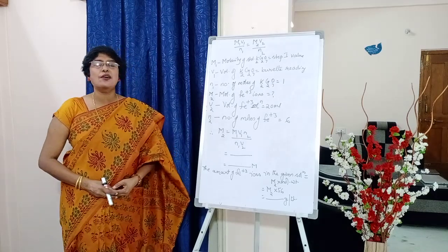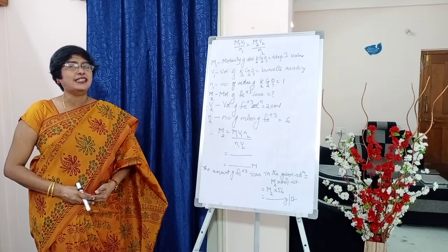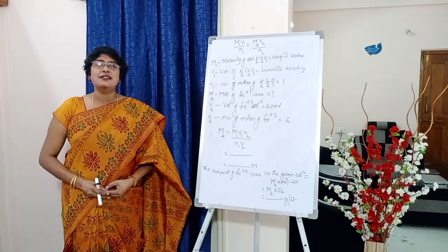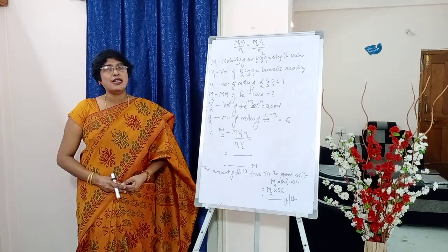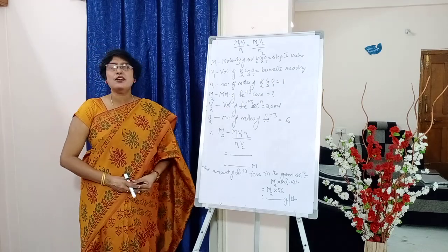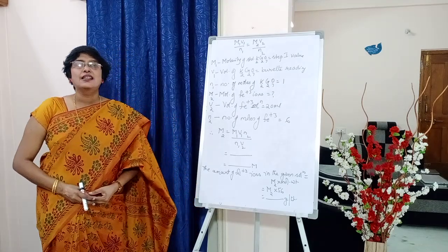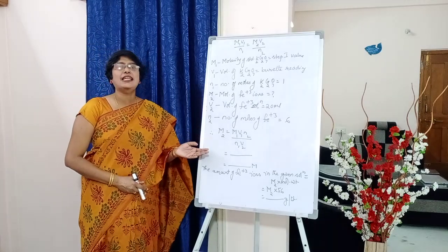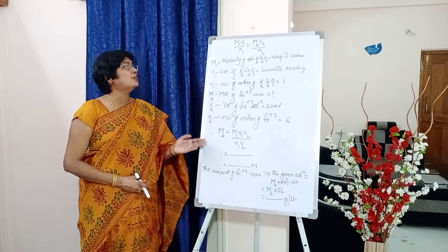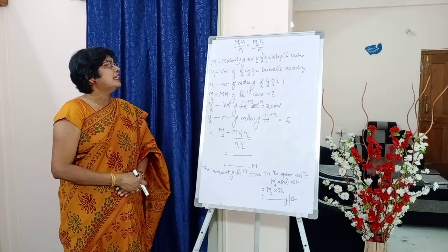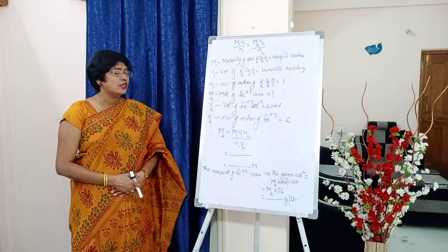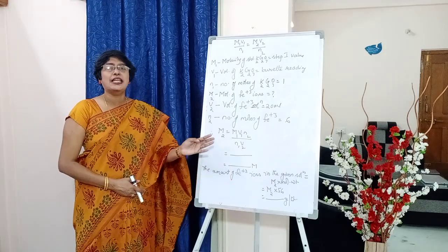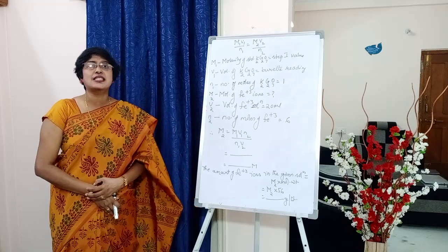Next, M2, molarity of Fe+3 ions, we need to calculate this one, is equal to question mark. V2, volume of Fe+3 ion solution, we have pipetted out 20 ml, students. Next, N2, number of moles of Fe+3 from the reaction, is equal to 6. So therefore, what is to be calculated? M2 is to be calculated. So M2 from the formula is M1 V1 N2 divided by N1 into V2. So we will substitute all the values, calculate whatever value we get, that will be the molarity of the Fe+3 ions present in the given solution.